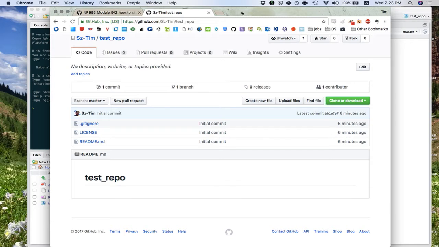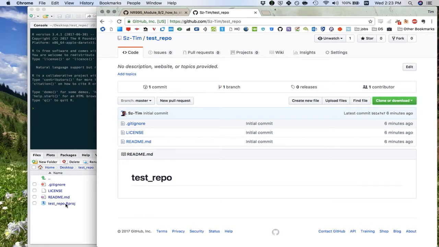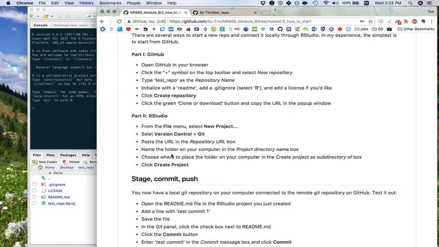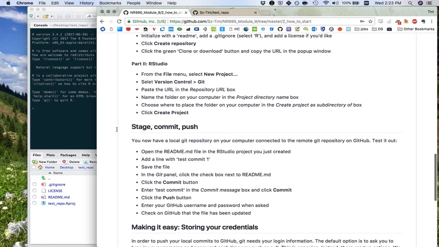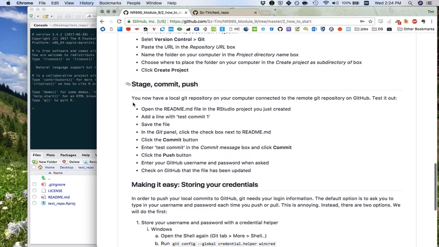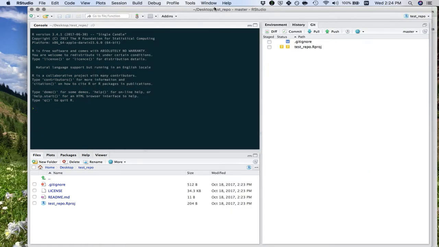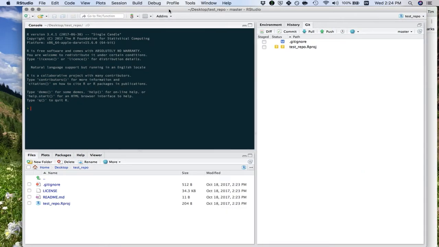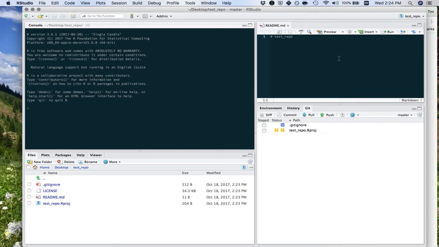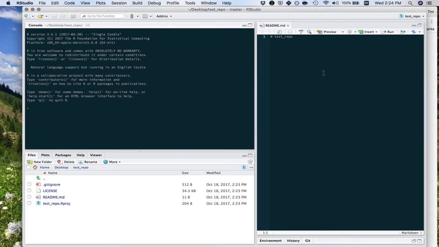So it looks the same on GitHub. Right now, you see that this .Rproj file is not on the remote repository on GitHub, and we'll change that in a second. Okay, so the next step is to basically make sure that RStudio is working well and that RStudio on your computer can communicate with GitHub remotely. So we can open up this README file, and you'll notice it's called a markdown file,